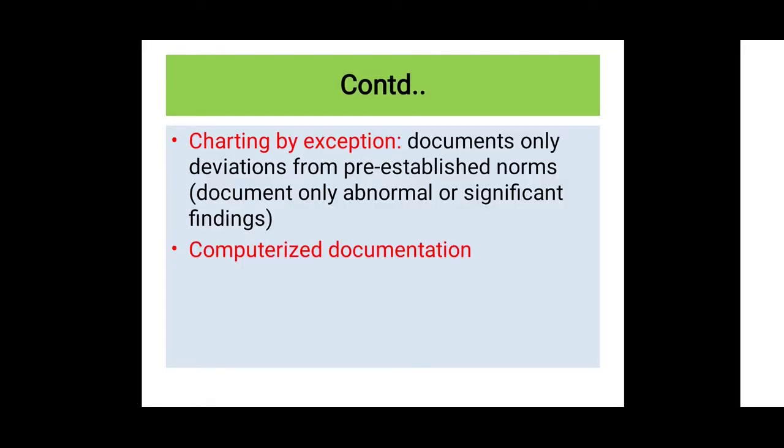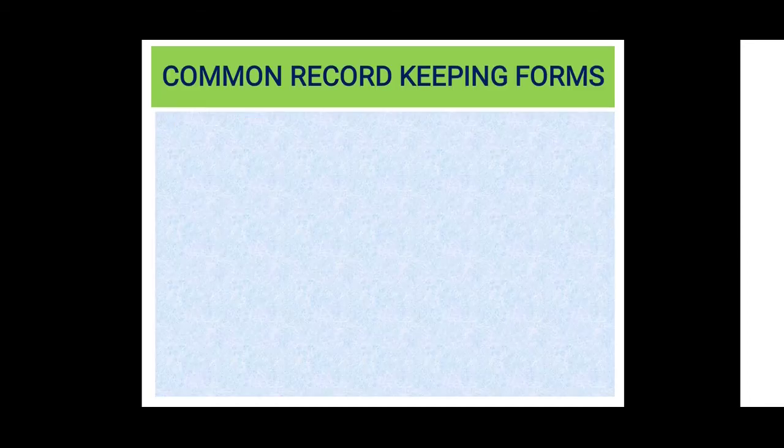Charting by exception. In charting by exception, the nurses or the doctors document only deviation from pre-established norms, only abnormal or significant findings. Computerized documentation. These are the documentation made in the computer, and computerized documentation saves time and also improves the quality of document. Common record keeping forms